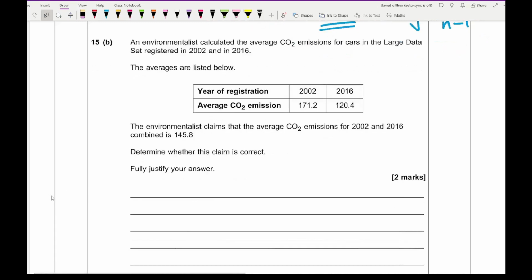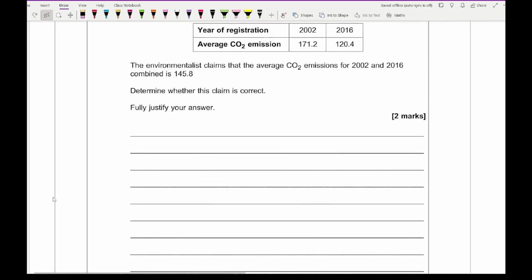Determine whether this claim is correct and you need to justify your answer. So for this, if we first of all work out what the average CO2 emissions is going to be, so that's going to be 171.2 plus 120.4 all divided by 2, and if I type that into my calculator, I do get